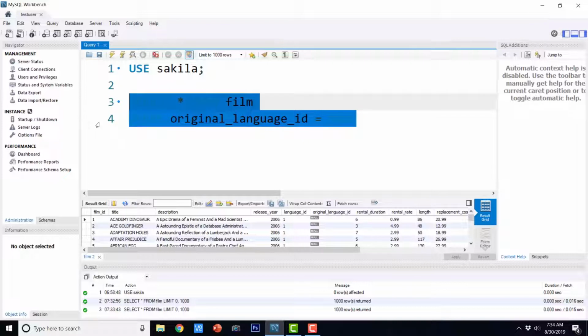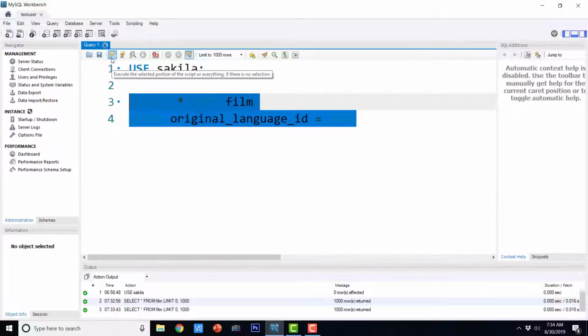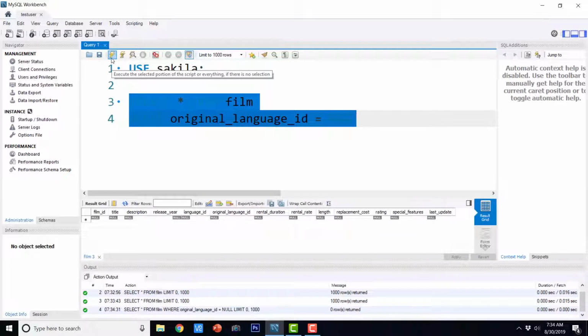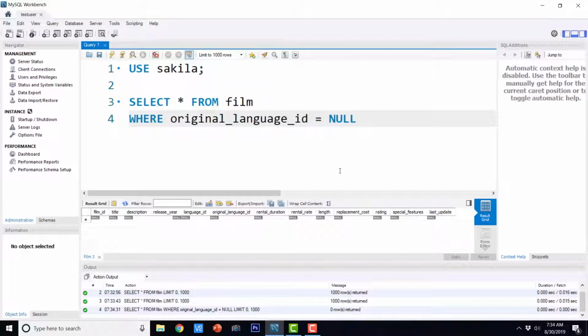But if you write this sort of query, you are not going to get anything, because basically NULL is absence of data, so you cannot compare it with anything. You cannot even compare it with another NULL using equality operator.